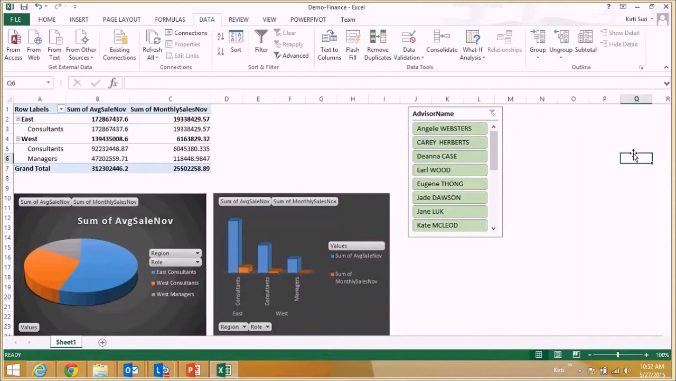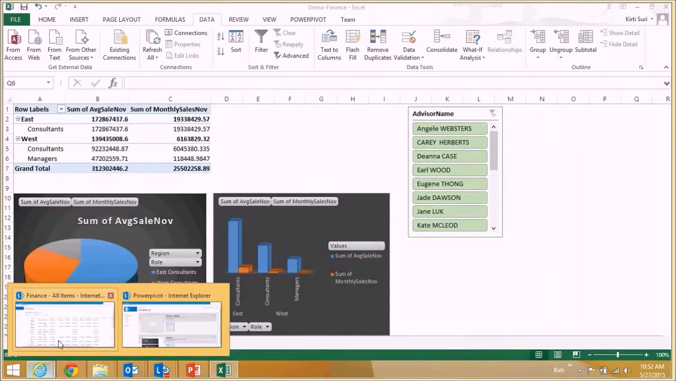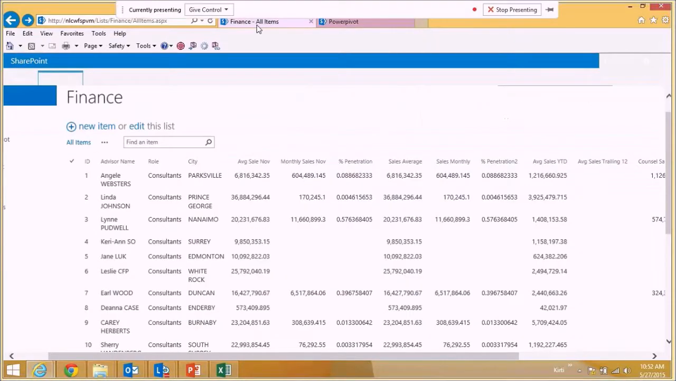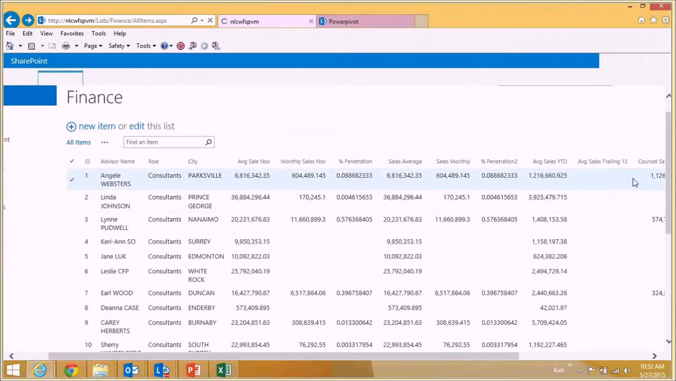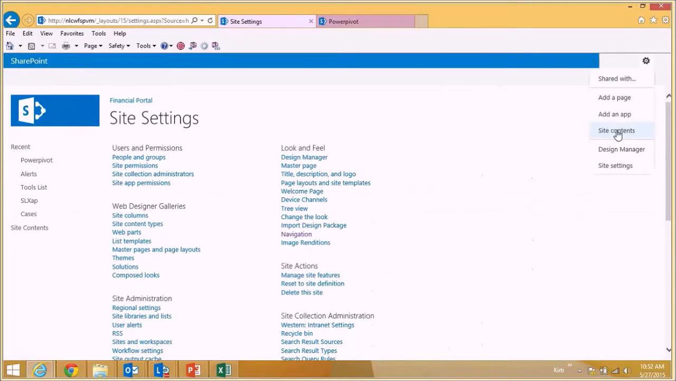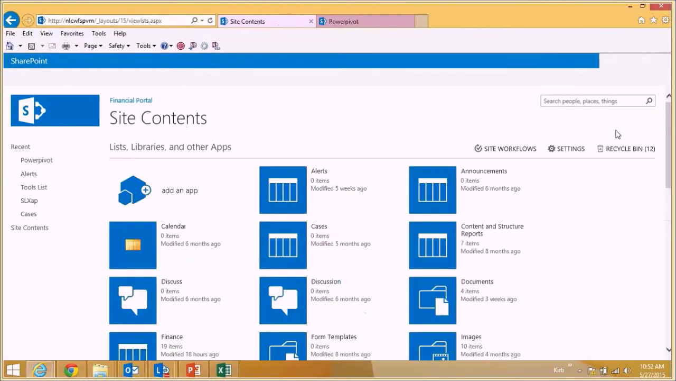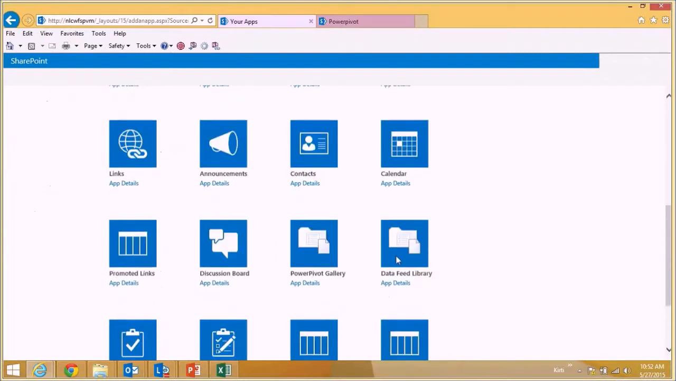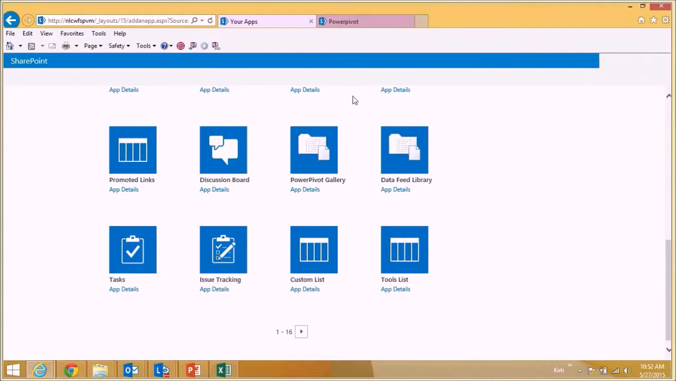So this is it. On the SharePoint site, I have already created a PowerPivot gallery, which is very easy to create once you have done the PowerPivot installation for SharePoint. So once you go to the site content, like you add an app, you also get an option to create a PowerPivot gallery. So it is available right here. You can just go ahead creating a PowerPivot gallery, and